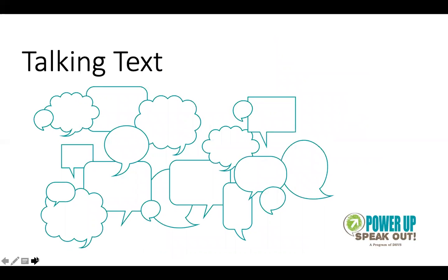Next, show the talking text media link and instruct students to look for the following. How were boundaries self-created or respected, and how were they not? Was there consent to cross these boundaries? How do you know? Are there any red flags? Which healthy relationship statements do you see or not see?